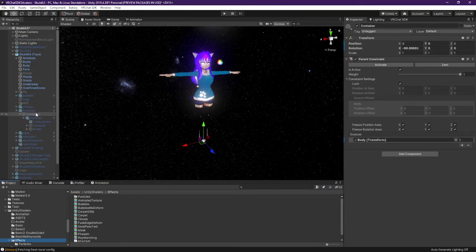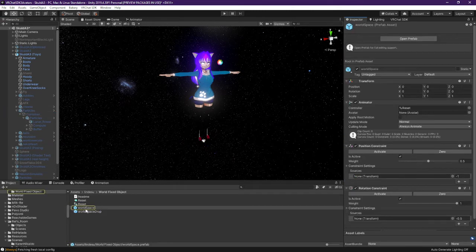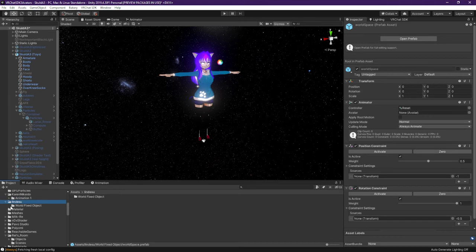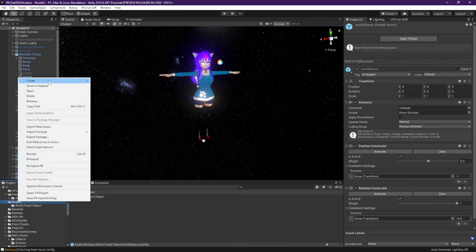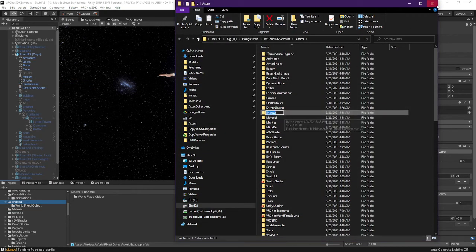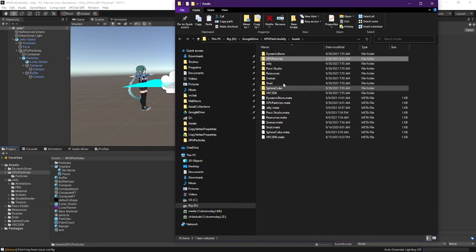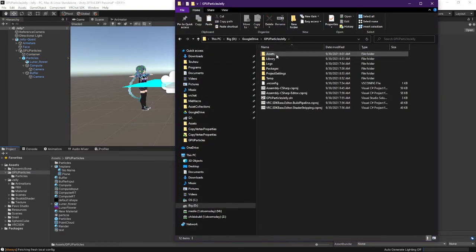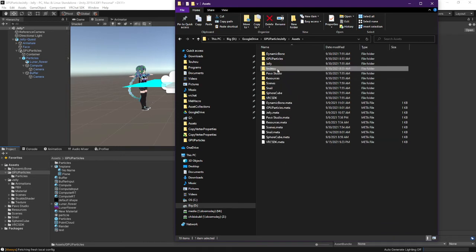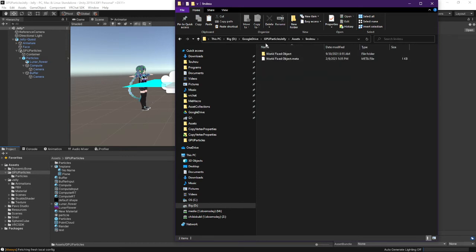There's a prefab that this thing is, world space. So Lindes, that's who it is. Look up Lindes. Lindes has a world fixed object. It's a thing that you can get from them. I'm going to go ahead and just grab that prefab out of my system there. And then I will put it in here. And then Lindes. I'll also, I don't know about the copyright on this one, so, because I know it's a